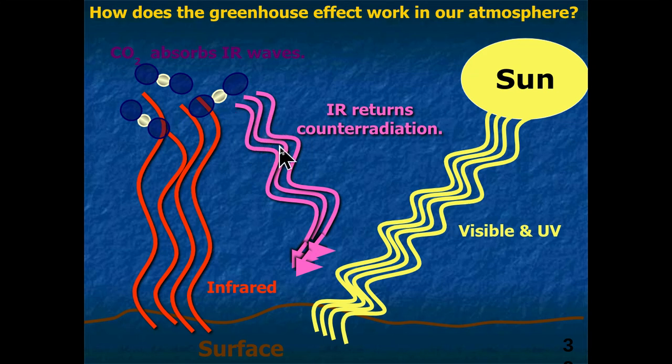And so this would be the infrared rays being counter radiated back to the Earth's surface. And as it returns, we can say that the atmosphere begins to warm. And so this is a continuous cycle, and it is a natural cycle on Earth. So the question is, what part of this process is analogous